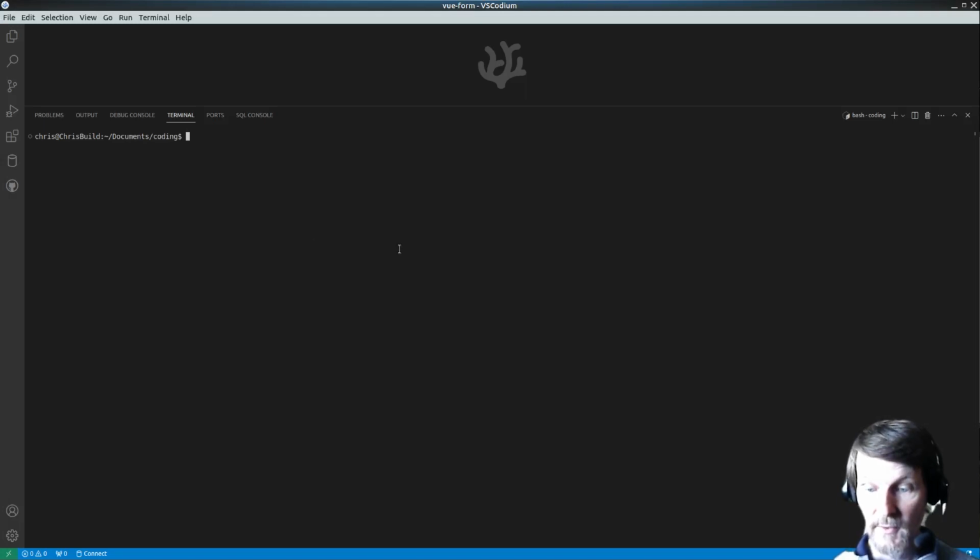Most web pages use forms for user input. It really is the best way to get feedback from the person visiting your website and submitting things to the server. And Vue, as most frameworks do, has ways to make your life a little bit easier when creating forms. So,